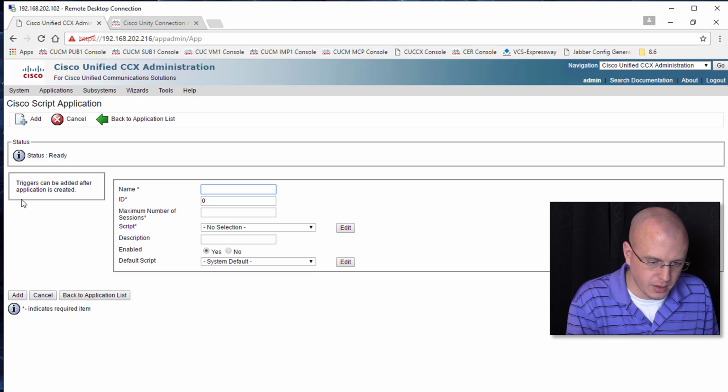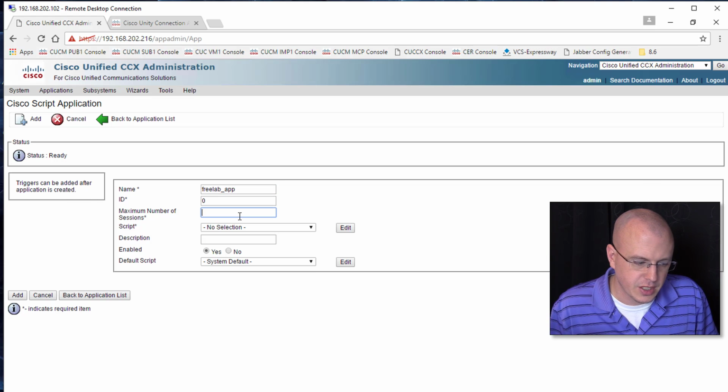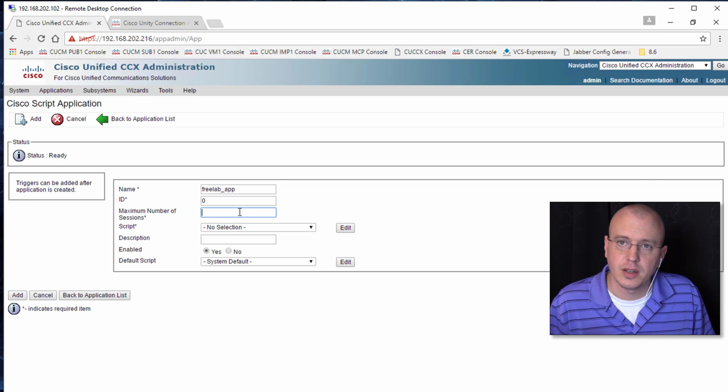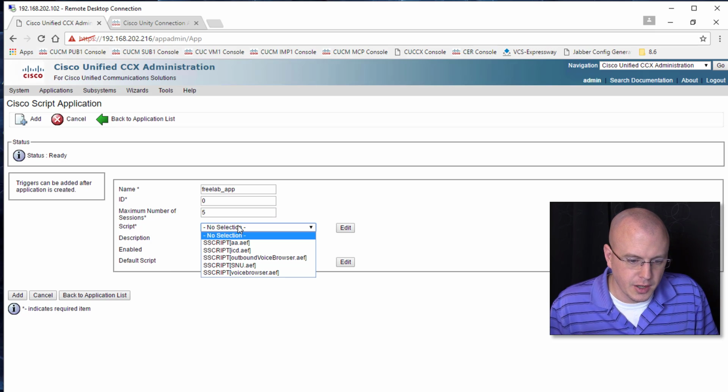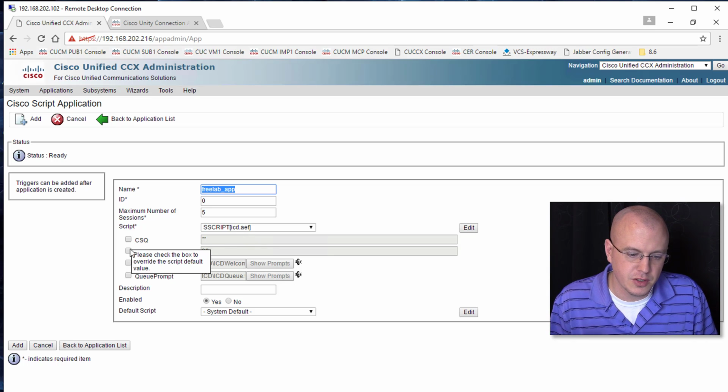And we can just give it a name like Freelab app. Max number of sessions is going to be based on how many CTI ports we set up, 5. And here are some of the system script defaults, and in this case we're going to use the ICD. On the back end, there's a bunch of scripts, and these options here give you some